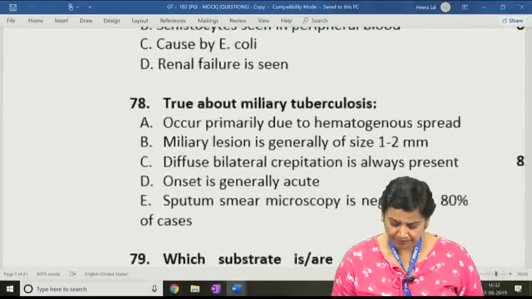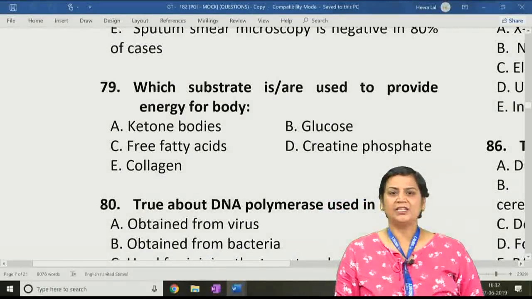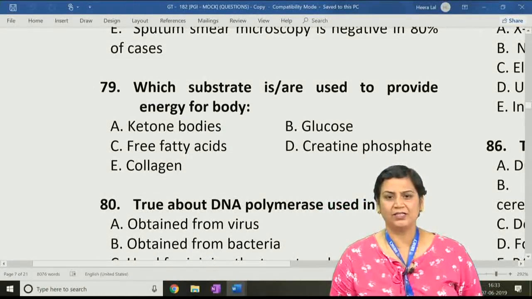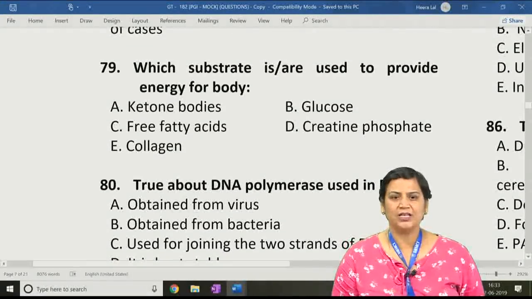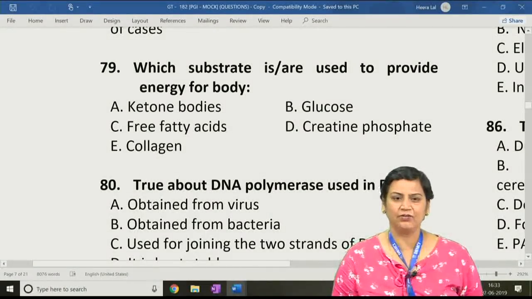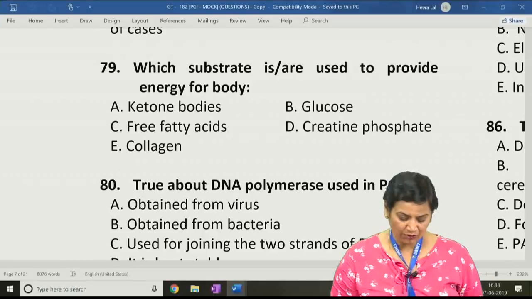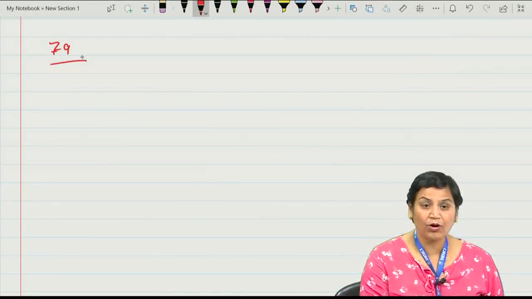Question number 79. Now see, which substrate is or are used to provide energy for the body? Now the options are ketone bodies, glucose, free fatty acids, creatine phosphate and collagen. Now all of you know ketone bodies